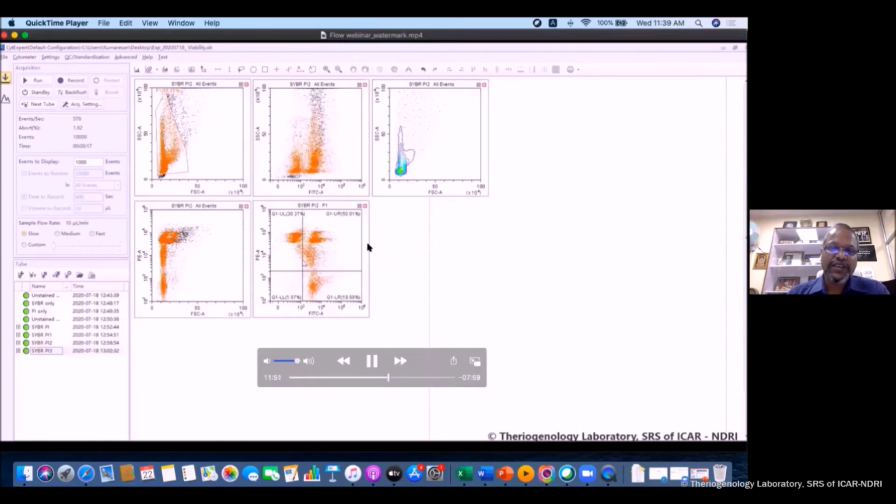And now if you see 50%, 48%, this one, and then in the earlier, only 27%. And these are not a proper way of interpreting data because the populations are not separated fully. Now in the last one, you see there is a clear cut. These are all the dying populations, and this is double positive.